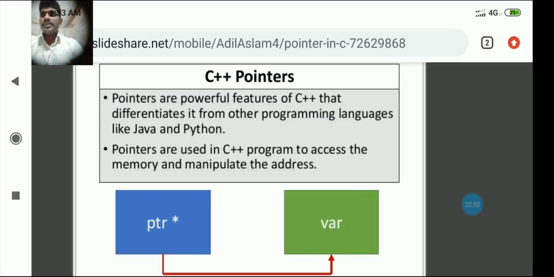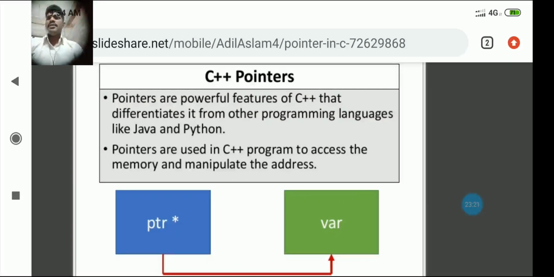Pointers are used in C++ programs to access the memory and manipulate the address. So what is the usage of pointers? It accesses the memory and manipulates the addresses.